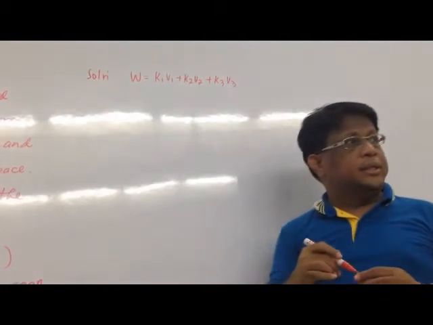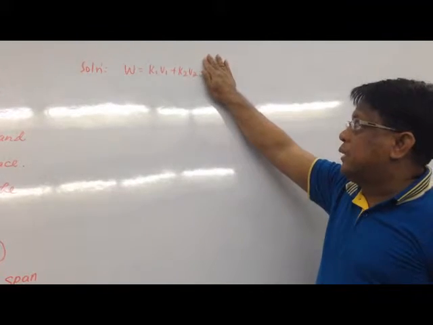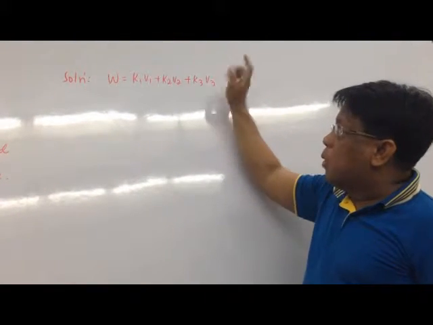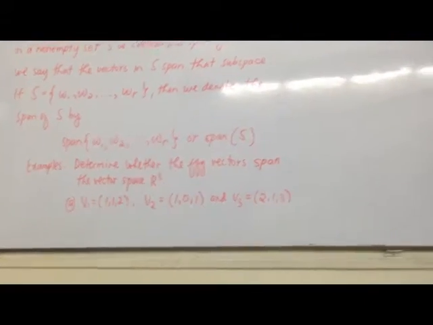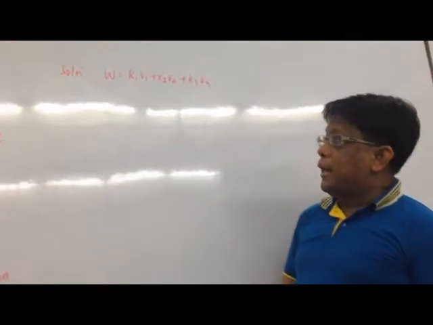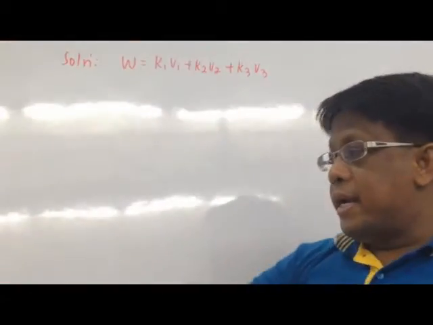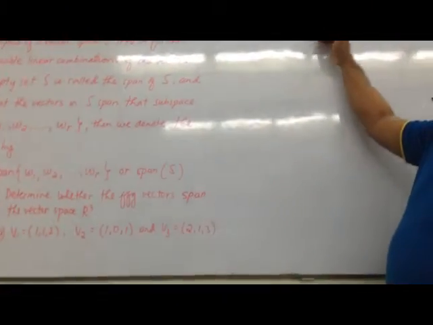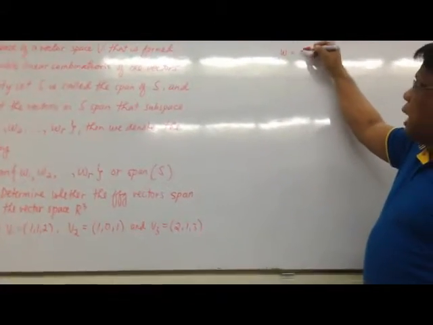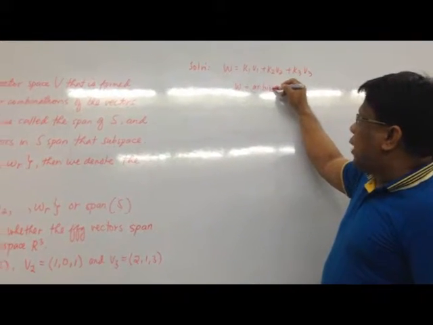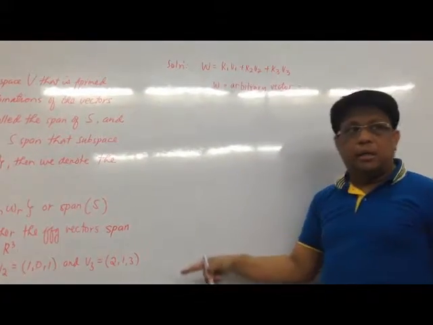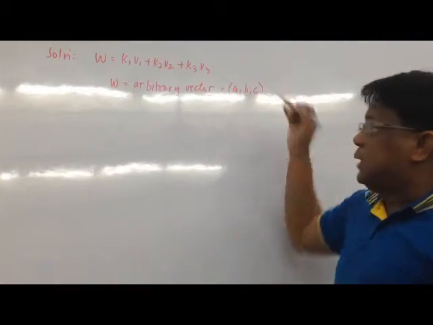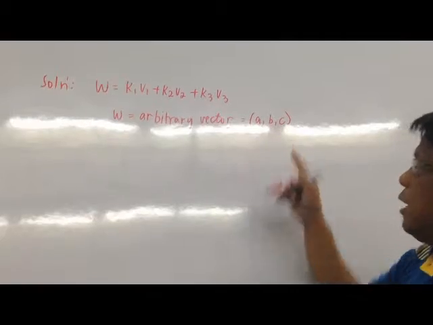Okay, a while ago, class, we used only up to K2, V2, right? There's no K1, K3 and V3. Why? Because we have only two vectors. This time we have three vectors, class, so there are now three constants to determine, okay? And our W here, we are not given a vector W because our vector W is an arbitrary vector, okay? It means that it contains three components, but this time it will be any real number A, B, C. Okay? It will be any real number A, B, C, class.